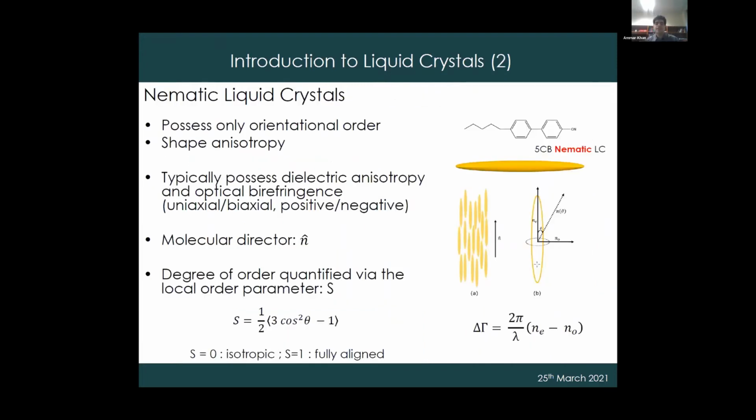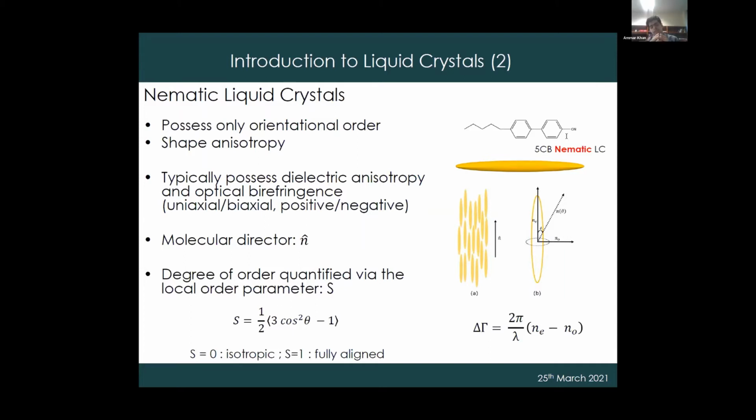Now, speaking of nematics, nematics are the most simple and the most disordered kind of liquid crystals. A typical rod-shaped molecule. This is how a physicist looks at a nematic. This is how a chemist looks at a nematic. A typical nematic liquid crystal possesses orientational order. There's almost always some shape anisotropy. They can be disc-like, but a lot of common nematics are these rod-shaped calamitic molecules. A lot of molecules tend to be polar,